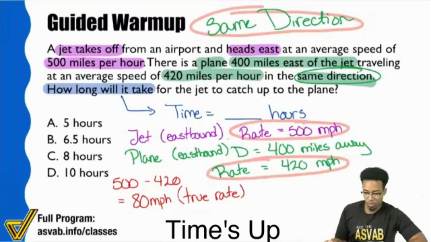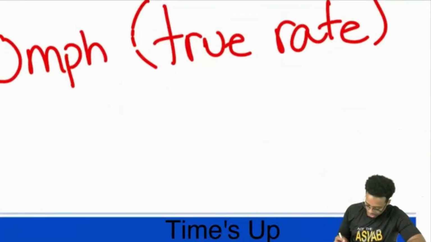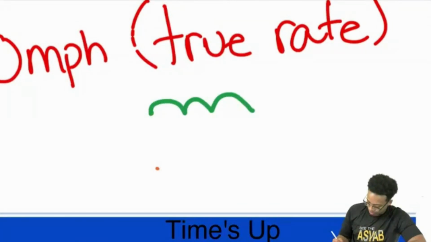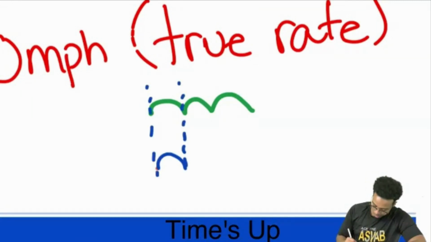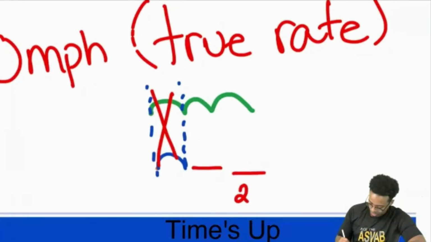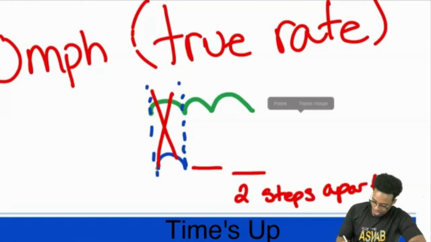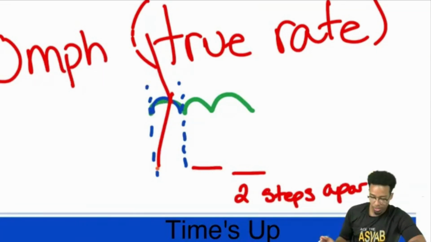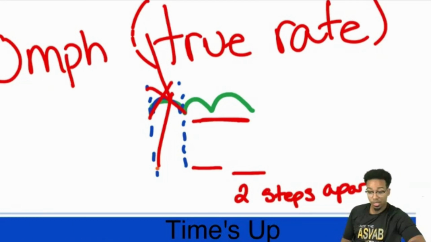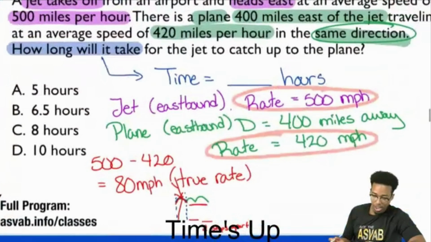Cool. So again, just to kind of illustrate it again, if we have two people and we say that this person goes 1, 2, 3 steps every minute, and this person goes 1 step every minute, again, this first step that they both took, you don't count that. You only see that they are 1, 2 steps apart. 2 steps apart. That's all you see. And I can prove it to you by going ahead and just grabbing this and moving it right up there. They took that same step. And so again, we would cancel that out, leaving those two right there. So with that, booyah, we have the true rate right there.